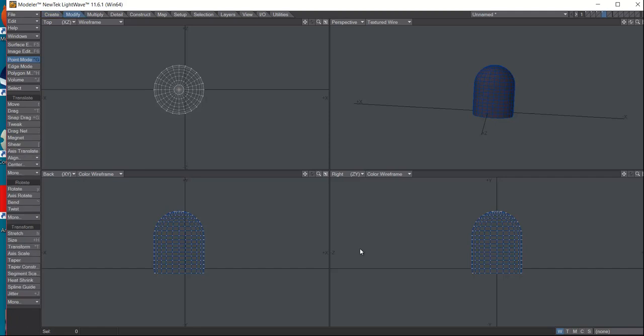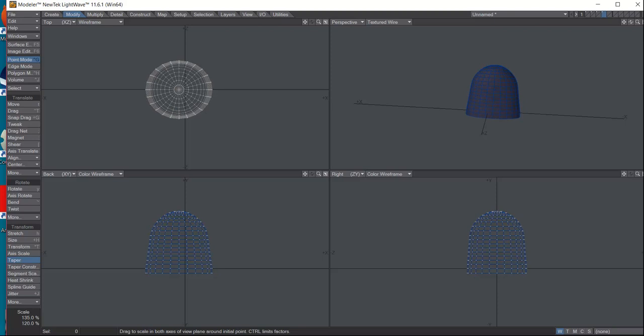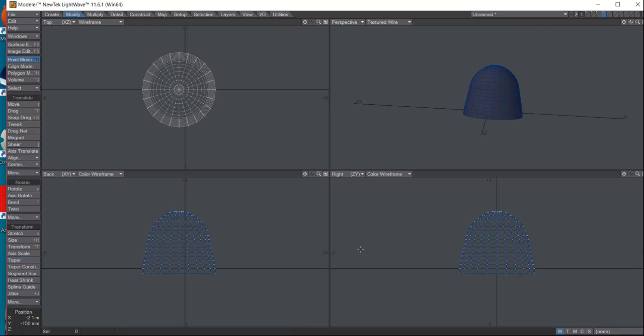Now I want the bottom to flare out. So I'm going to go to Modify, Taper, and put my mouse right in the center at the top. It's not going to taper correctly if you try to taper it from the right or left windows. So go to the top, set your mouse in center, click and push to the right, and you can see it stretches right and left. Push away from you and it stretches out. So push until you get the flare that you want on your little ghost, and then hit Enter to stop